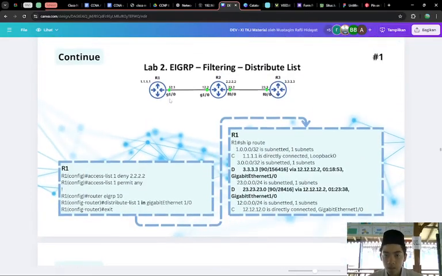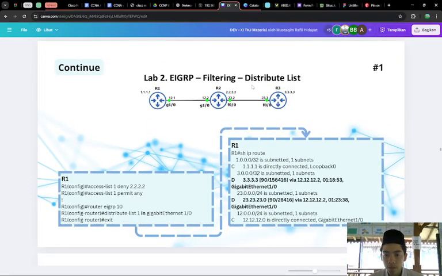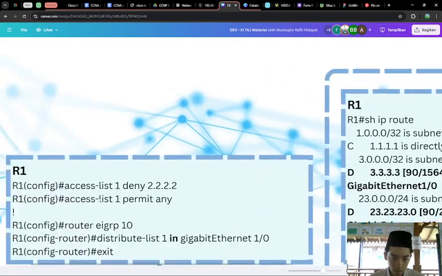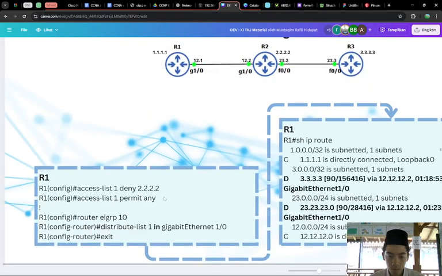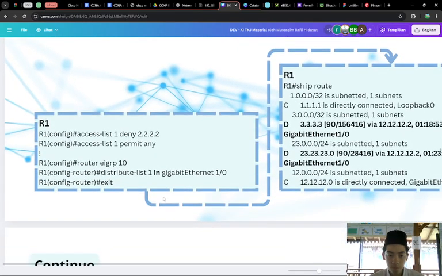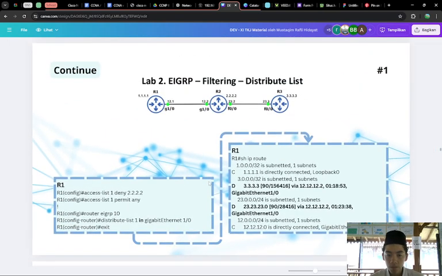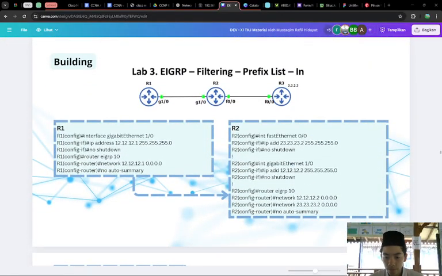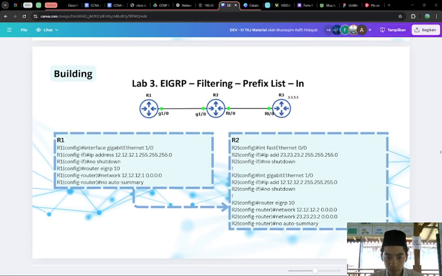And then there is filtering with a distribute list, that is access list 129 222 and permit any. This is in tutorial 2, and in this video I want to talk to you about the